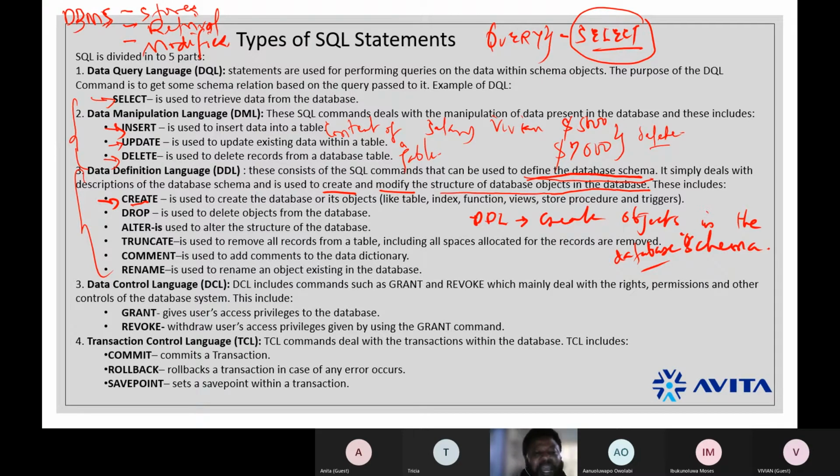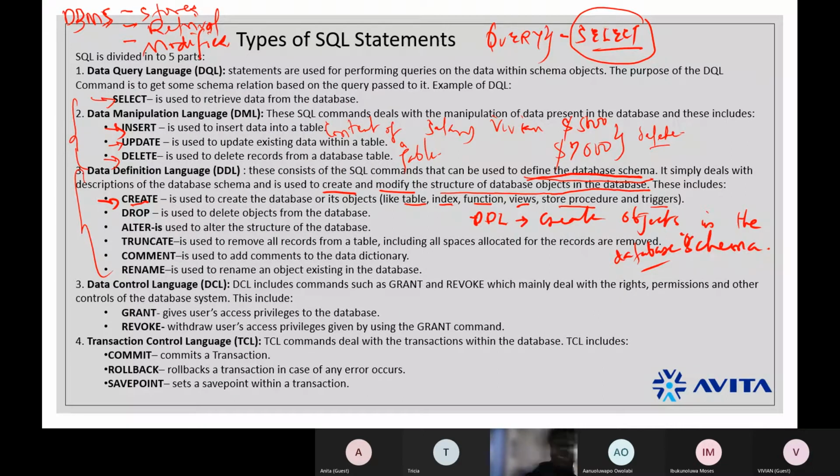It is used to create the database, or its objects like tables, indexes, functions, views, stored procedures, and triggers. All of these are objects in your database. We'll talk about a few of them as we proceed.